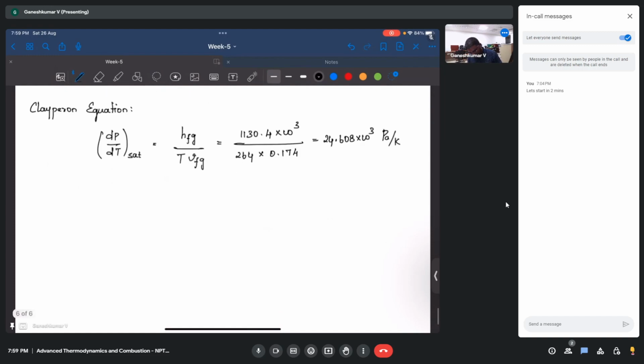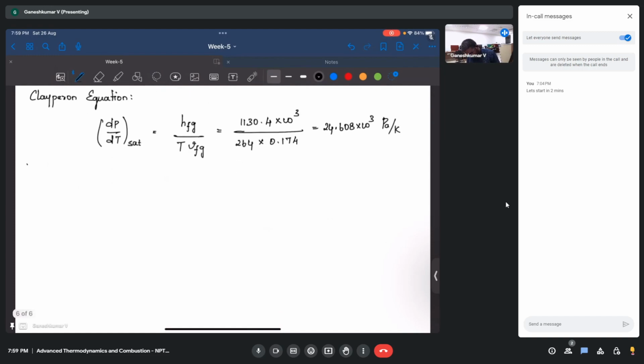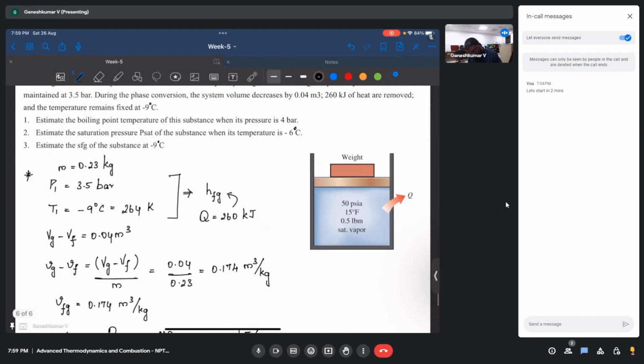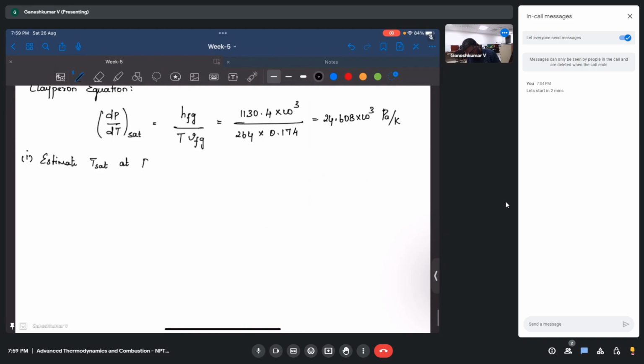Kelvin. All right, now let's try to estimate Tsat. What we are asked to find first is Tsat at P equal to 4 bar. Okay, let's use this dP/dT sat, and if we use that,